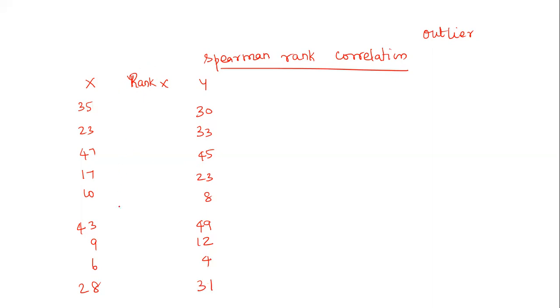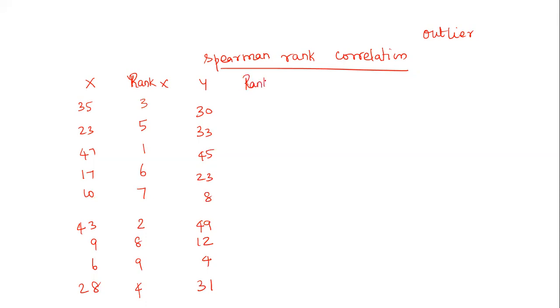So now we have to write the rank, from the highest to the lowest. This is the topmost mark, so I give rank 1. Then the second goes to 43, then the third goes to 35, fourth is this, and fifth is this 23. Sixth is this one, 7, then 8 and 9. So this is the rank of the data displayed in X.